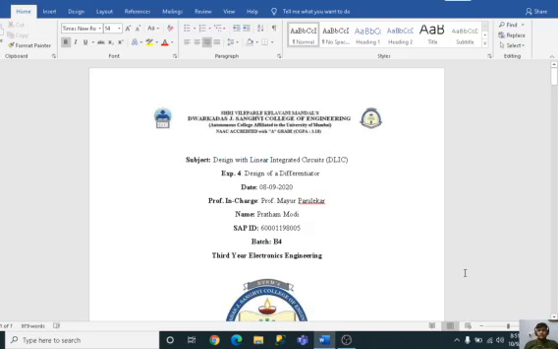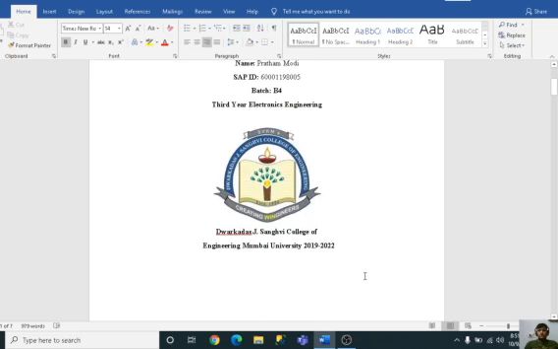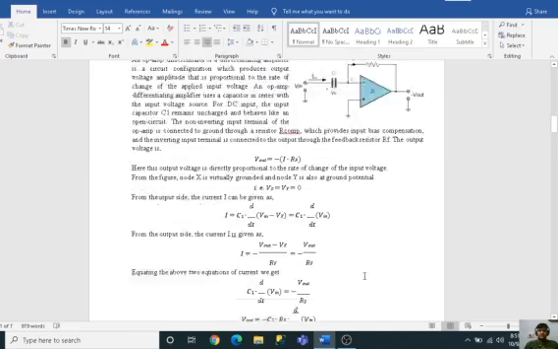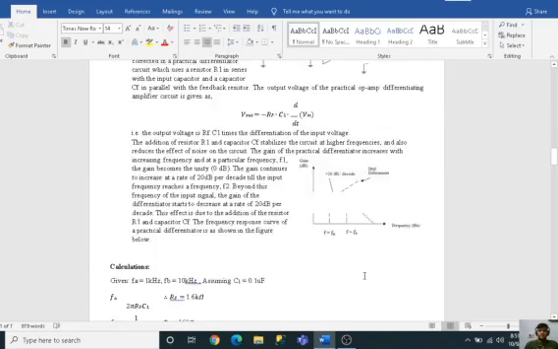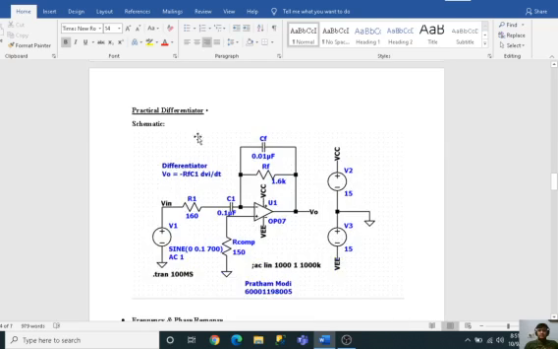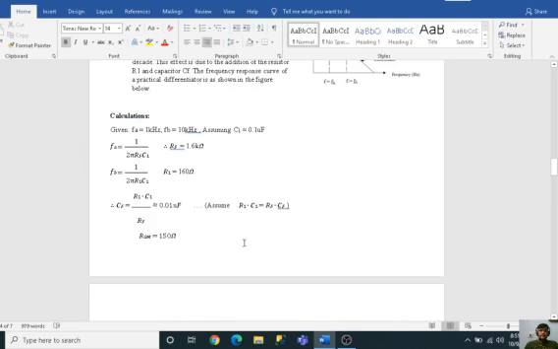Hello, my name is Pratham Modi and today we will be designing a differentiator using OPAMP OP07. So over here, if we see the schematic of the OPAMP as a differentiator, it will be something like this. And to know the values of these resistors and capacitance over here, let me assume that Fa will be 1 kHz and Fb will be 10 kHz, and I have assumed my C1 as 0.1 microfarad.